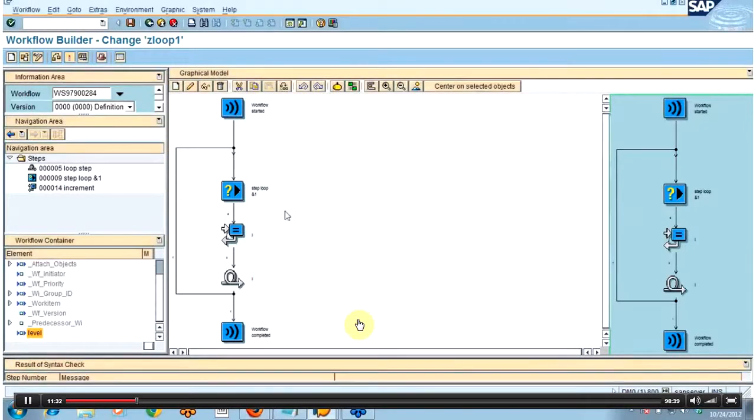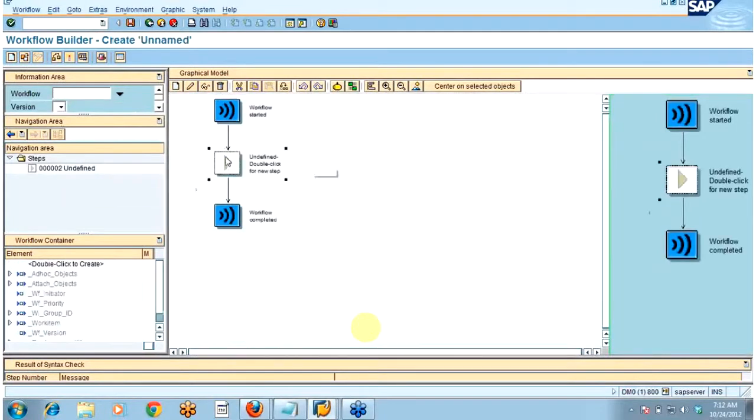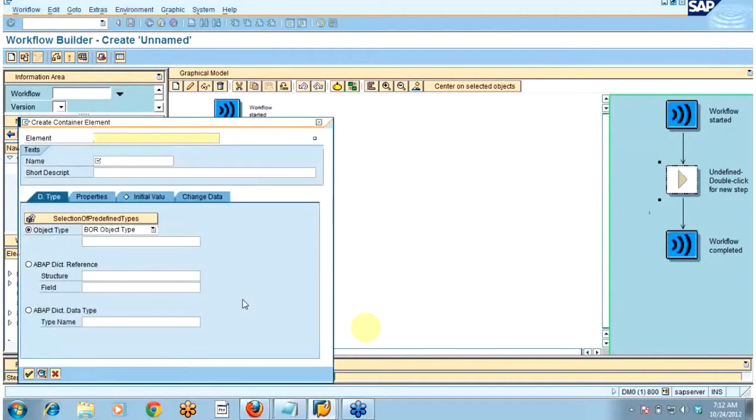Fine. So I will be creating one new workflow to show you the condition step and the multiple condition step. Let me create one container element as a sales order.